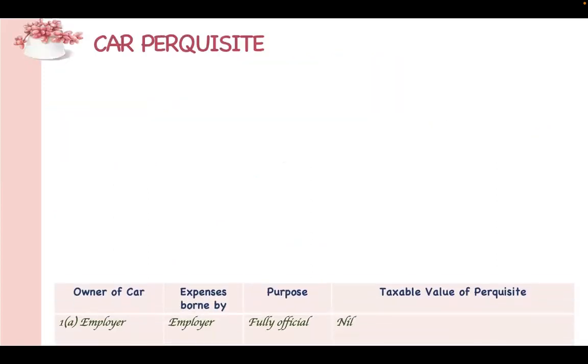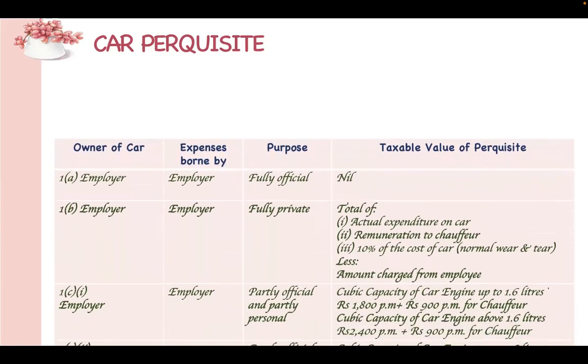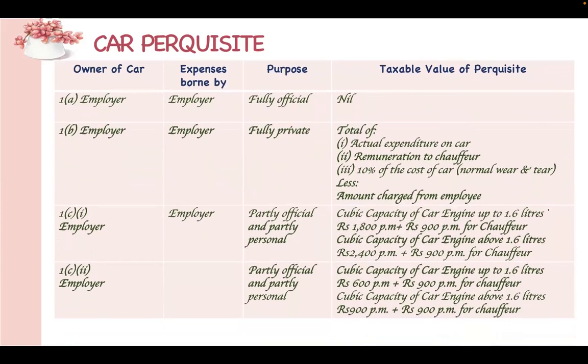Car perquisites. If the owner of the car is the employer, expenses are borne by the employer and the purpose is fully official, the taxable perquisite is nil. If the owner of the car is the employer, expenses are borne by the employer and it is fully used for private purposes, we have to consider all three: the actual expenditure on the car, remuneration to the driver, and 10% for wear and tear. That is, the actual expenses made for the car, less the amount charged from the employee. And if the owner of the car is the employer, expenses are borne by the employer, and it is used partially for official and partially for private purposes: